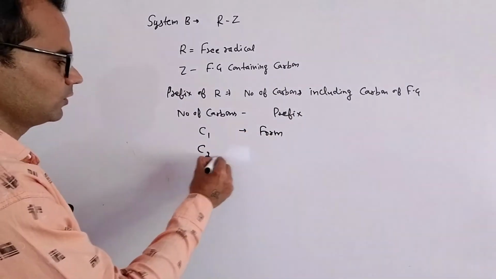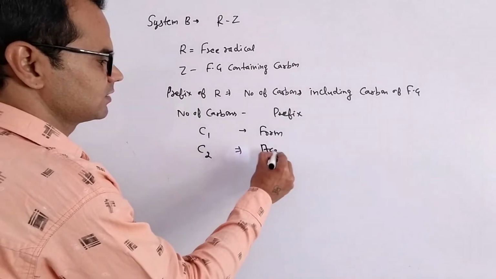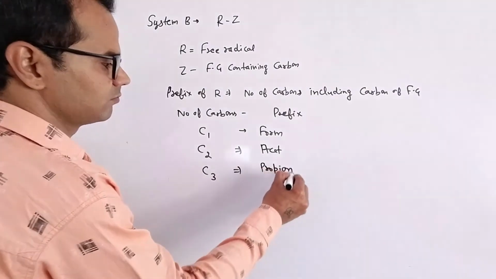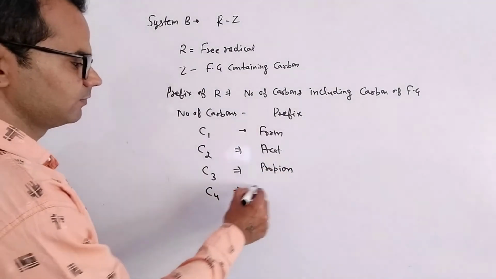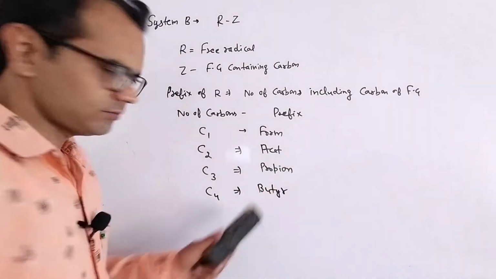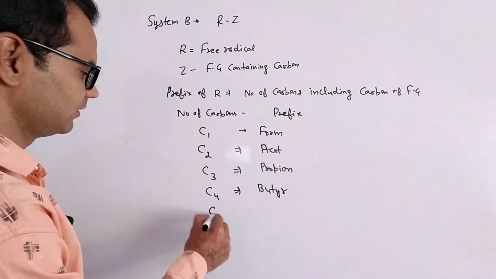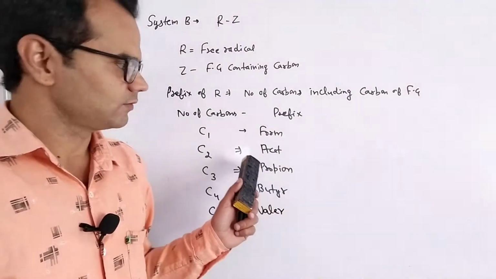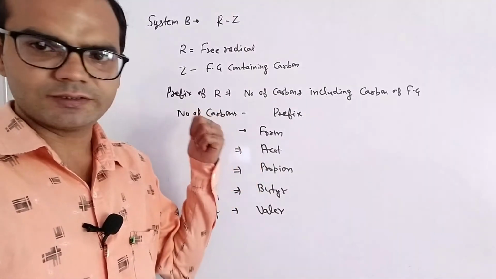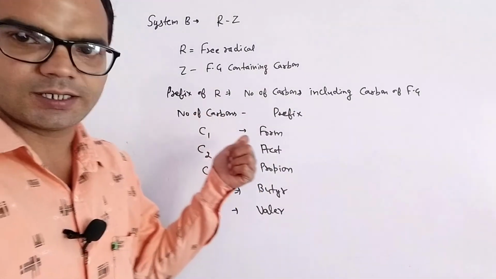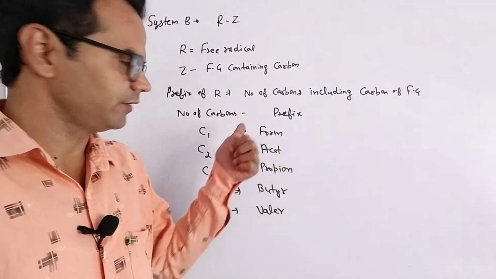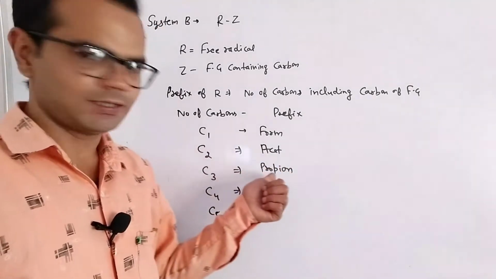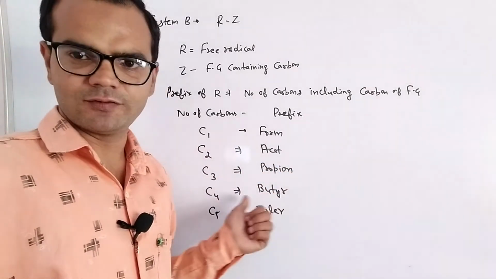form. If we have two carbons, then acet. If we have three carbons, then propion, and if we have four carbons, butyr. If we have five carbons, then it is valer. So it is slightly different from the previous system. In the previous system we gave the names alkyl, ethyl, methyl, propyl, butyl, but now we have prefixes here. For one carbon form, for two carbon acet, for three carbon propion, for four carbon butyr, and for five carbon